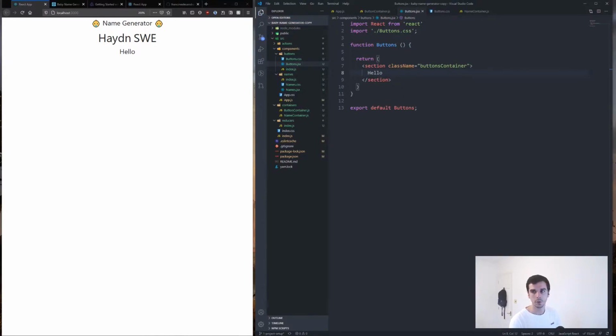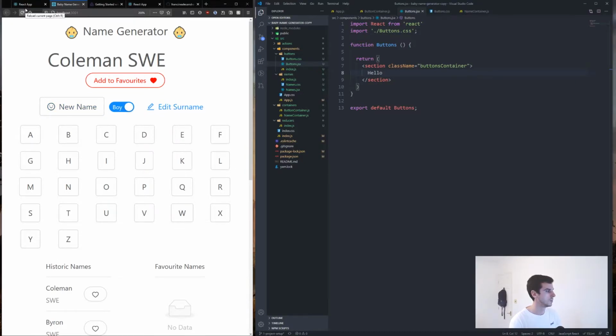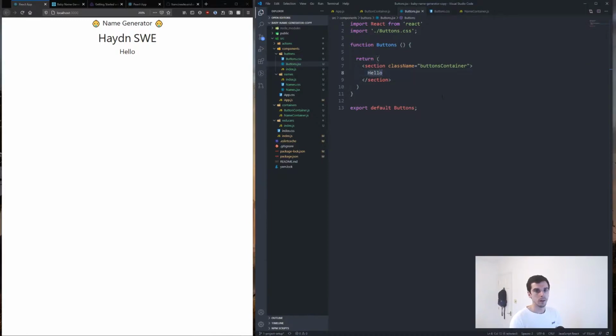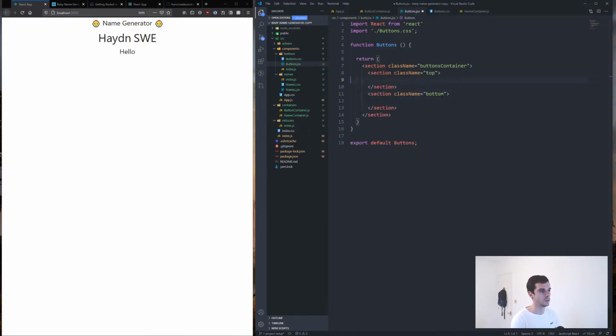So what we want to do is create these buttons for the minute. The add to favorites and the boy girl button, I'm going to leave as blank, but these two, the new name and the edit surname button, we're going to implement. So if we jump back over here, we basically want to say a buttons container. We're going to have two sections here. We're going to have the top section, which is going to be this section, and we're going to have the section for bottom. Inside the top will be the add to favorites button, and in order to do that we need to import button